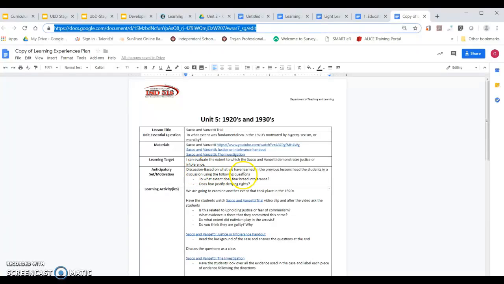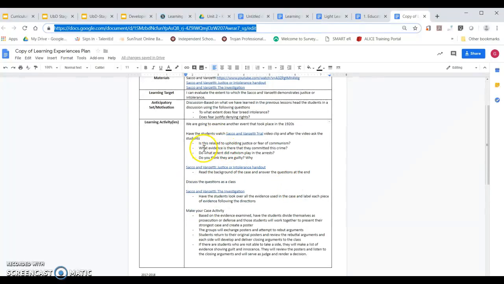And then what you're going to do to introduce and motivate the students for the lesson. And then this one, it's a discussion, so list out what those discussion questions would be. And then it kind of takes you through and gives directions for teachers on how to organize and teach this lesson. So just general directions, and then again you have the hyperlink in there, so it takes you to a video clip that you wanted the students to watch, and then here are the questions that you're going to ask after the students have watched that video clip, and then a link to a resource that the students